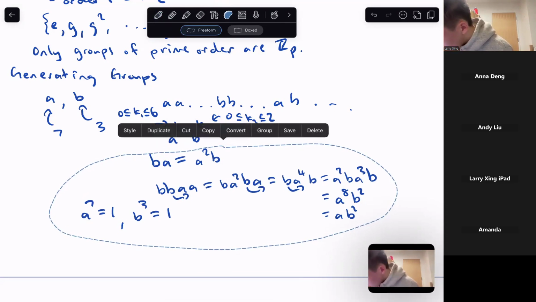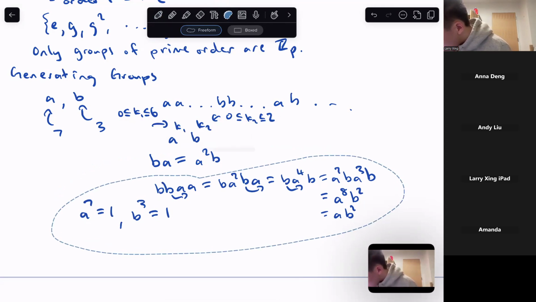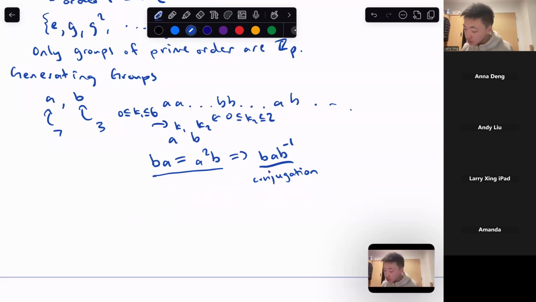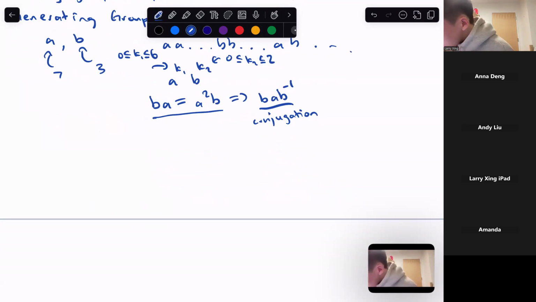Thus, all we need to do is be able to define this action. And if we reorganize, this means we essentially need to define exactly what this value is, which is commonly called conjugation. This is part of the reason why conjugation is considered such an important operation that is so often studied in group theory. Another nice property of conjugation is that the conjugate must have the same order as the original element. For example, if A has order 7,